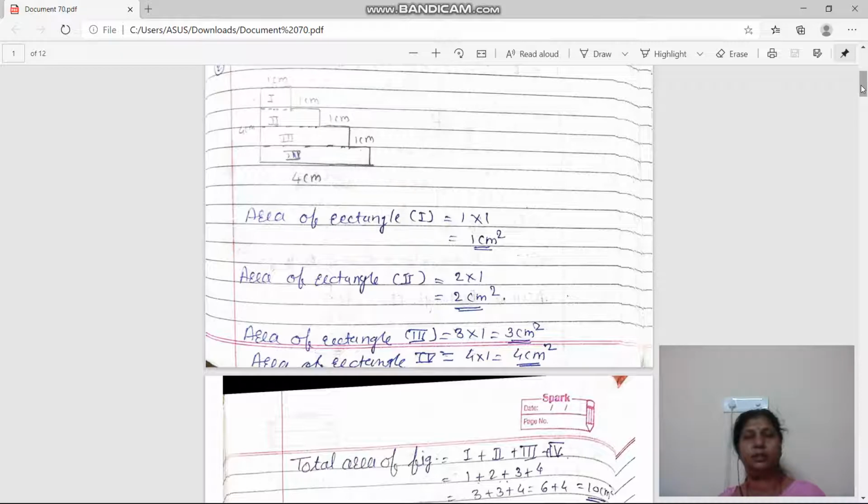So see this figure, just like steps. So I have split this figure, or we can say divide this figure, into 4 rectangles. 1, 2, 3 and this is 4. Okay. So see first figure. It has length 1 and breadth is also 1. So area of first rectangle is equal to L into B, that is 1 into 1, so 1 one is 1 centimeter square. Okay. Now next, this one.